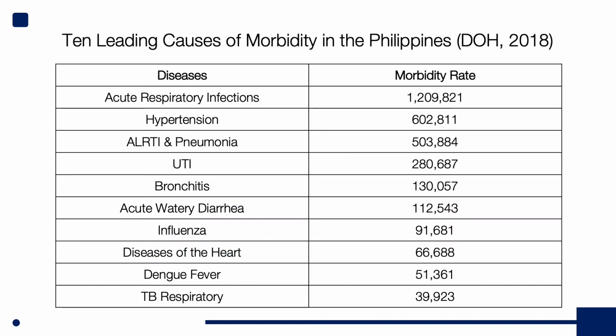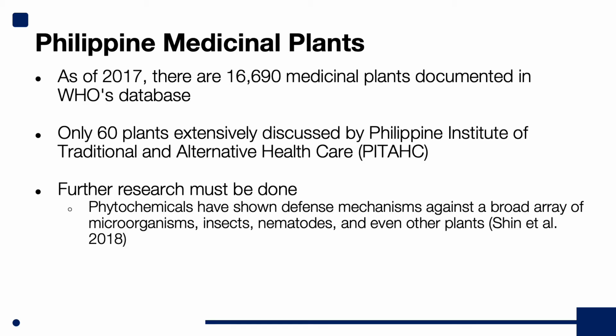The Department of Health in 2018 identified 10 leading causes of morbidity, which are the diseases tabulated in this slide. Because of these numbers, the researchers were prompted to look into traditional medications which are easily accessible to the masses. There are about 16,690 medicinal plants currently documented in the World Health Organization's database. However, only 60 plants have been studied comprehensively by the Philippine Institute of Traditional and Alternative Healthcare, hence the need